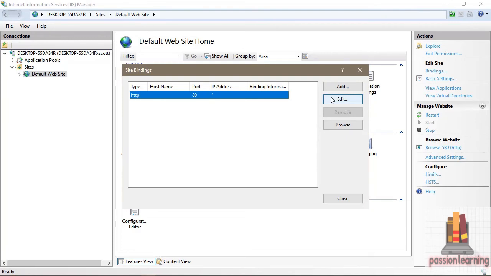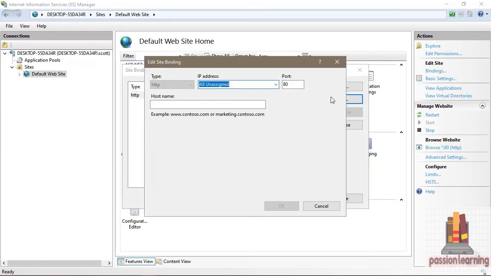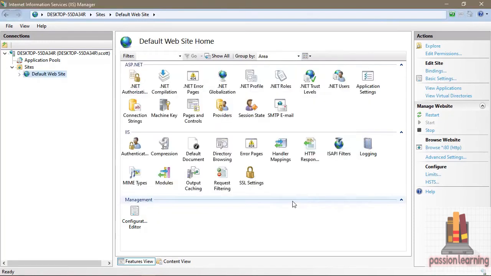I could also delete the default website. I could also replace the default website with odafoo, but I'm going to take this approach of just changing the port for the default website, so I'm not going to do anything destructive, and you don't have to do anything destructive on your machine. I'm just going to say that I want to change the port to port 81, select OK,